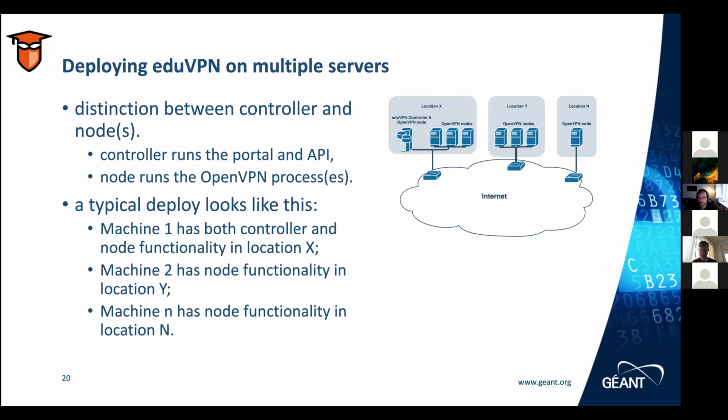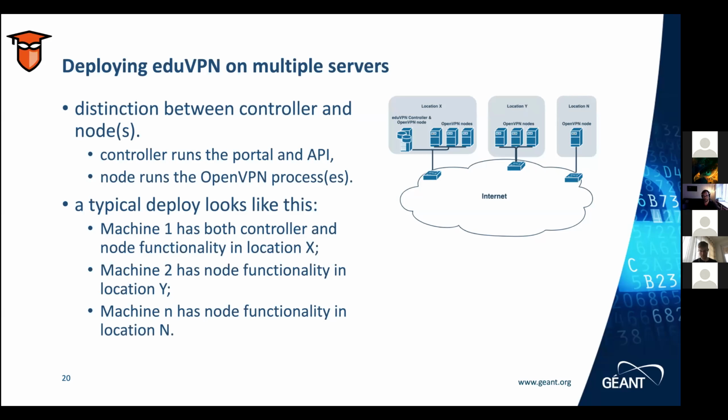And we came to the conclusion that per CPU core, we can support about 60 concurrent users. But it turned out that with users just using the VPN for normal stuff, not downloading big files, we can easily double that. So about 100 users per CPU core.